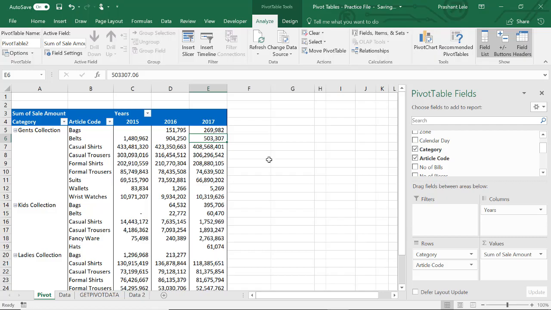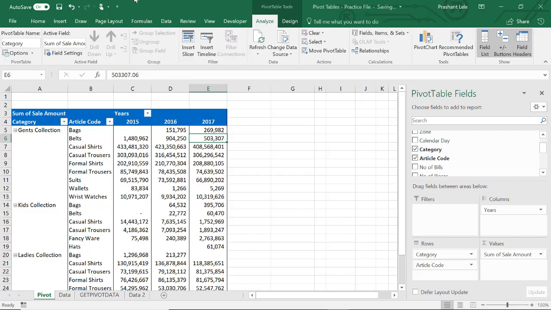Further down the line, when you will create complex dashboards and reports out of your pivot tables, there will be so many pivot tables in your report. So to identify which pivot table is showing what type of data, you should name your pivot tables in a logical manner. To rename the pivot table, there is an option in the Analyze tab. Here you can go and rename your pivot table,